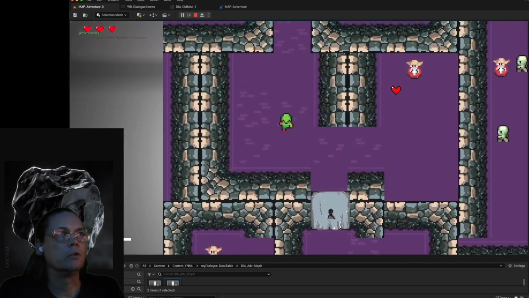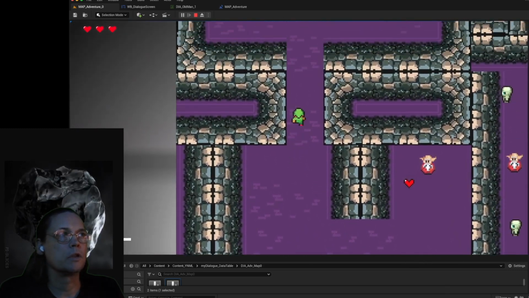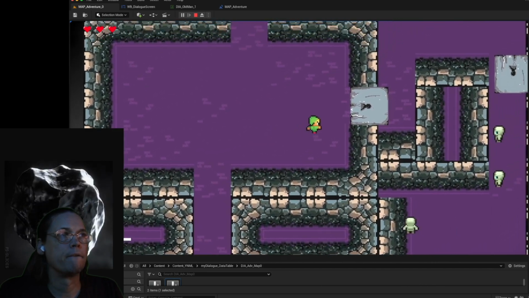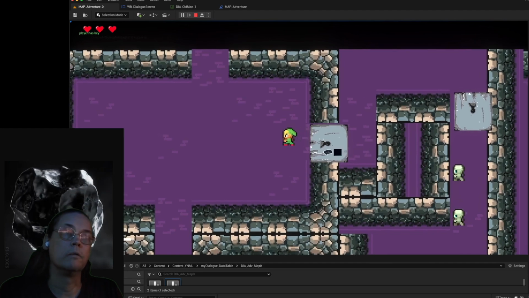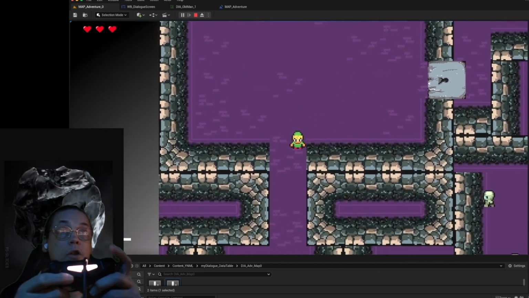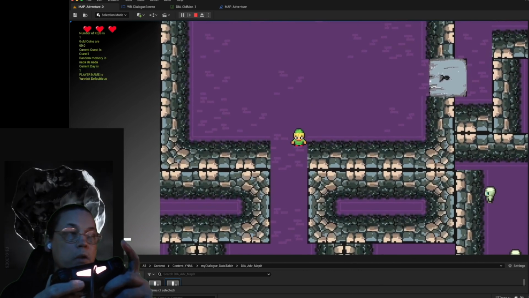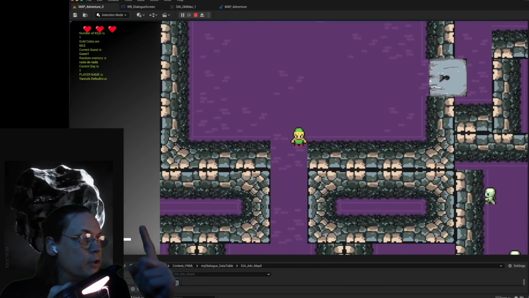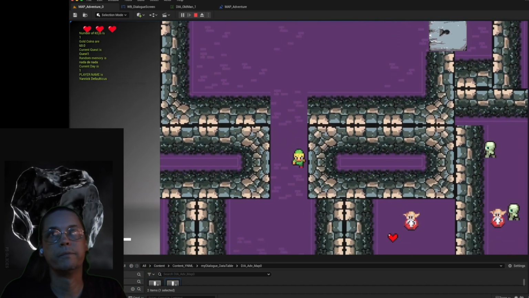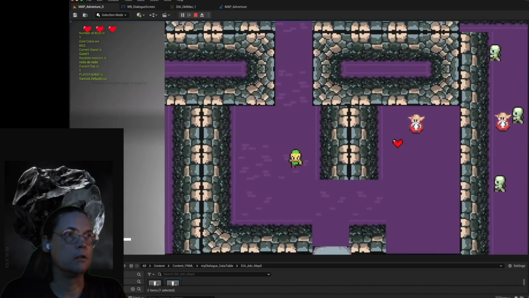Now there's no room to hurt myself, I guess. Oh wait, what am I saying? Choose the new button. So in the top left, this is just a precursor to a proper inventory. I have one key, which means